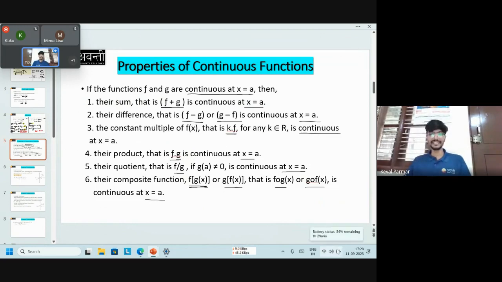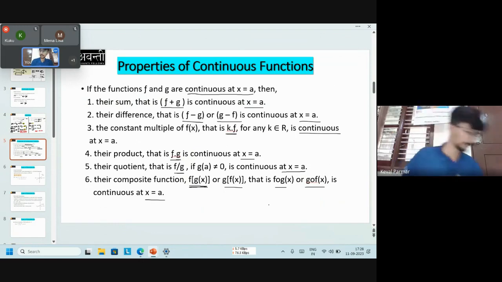So that means if the functions f and g are continuous, then addition, subtraction, multiplication, division, and composite functions made from them are also continuous. This helps us in many problems where we have composition of functions. If these simple properties of continuous functions are clear, let's move forward and see something interesting,